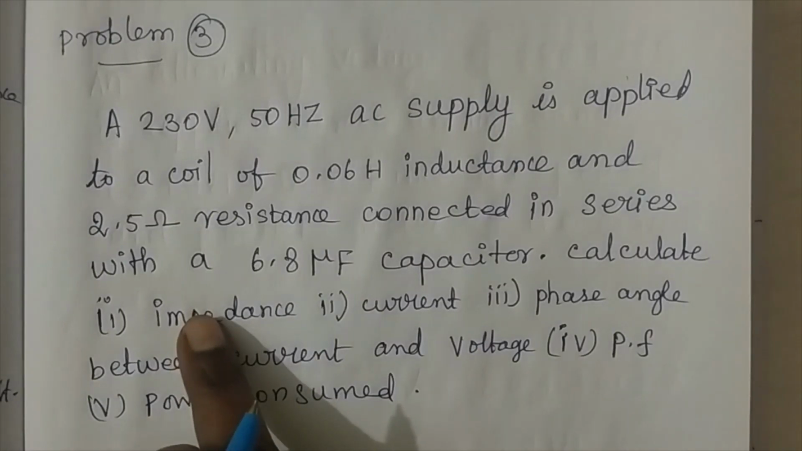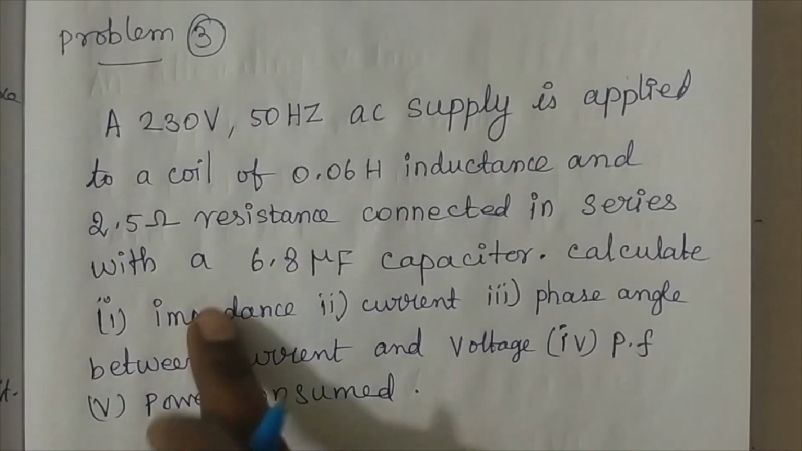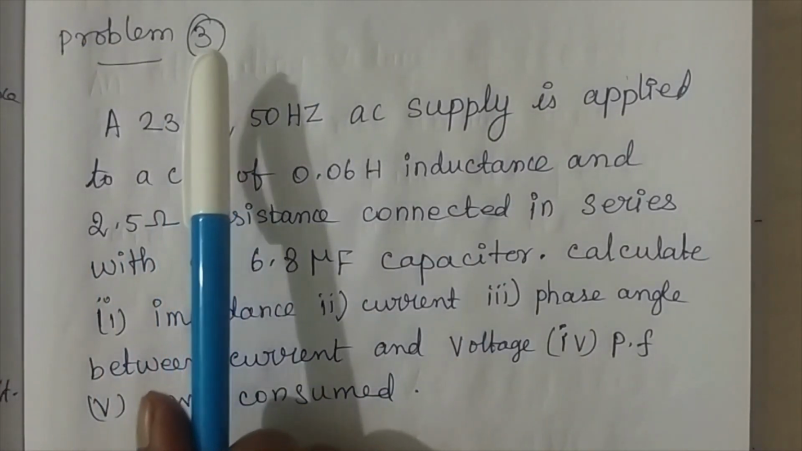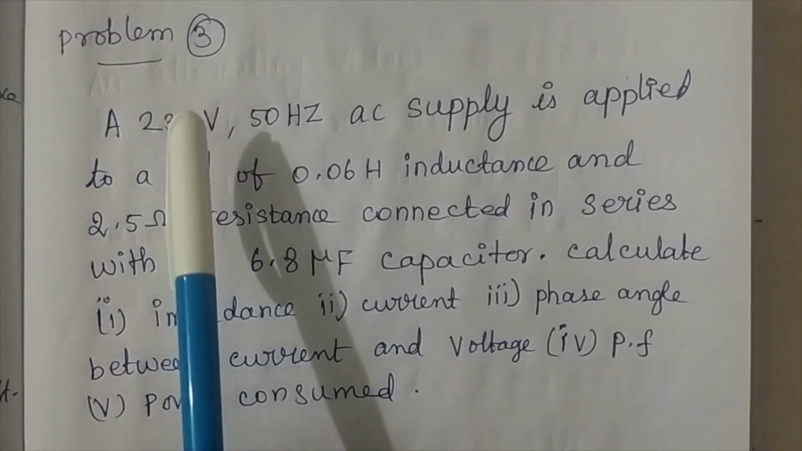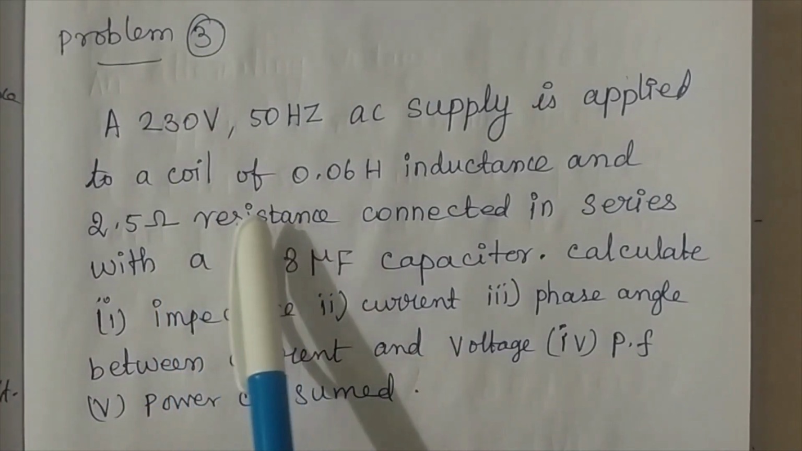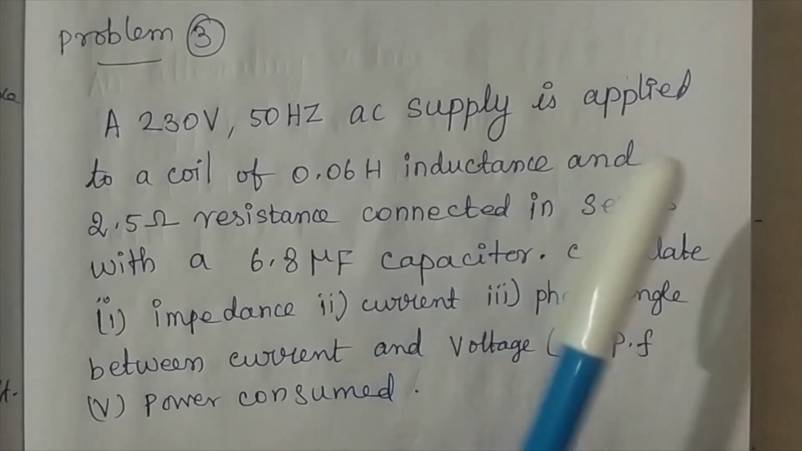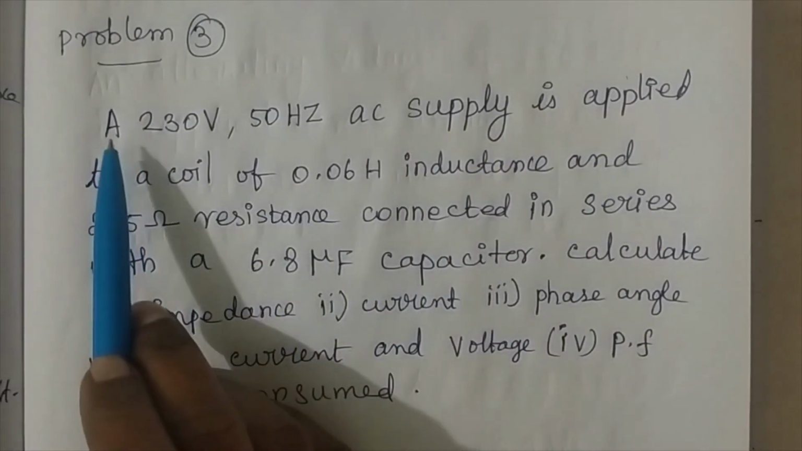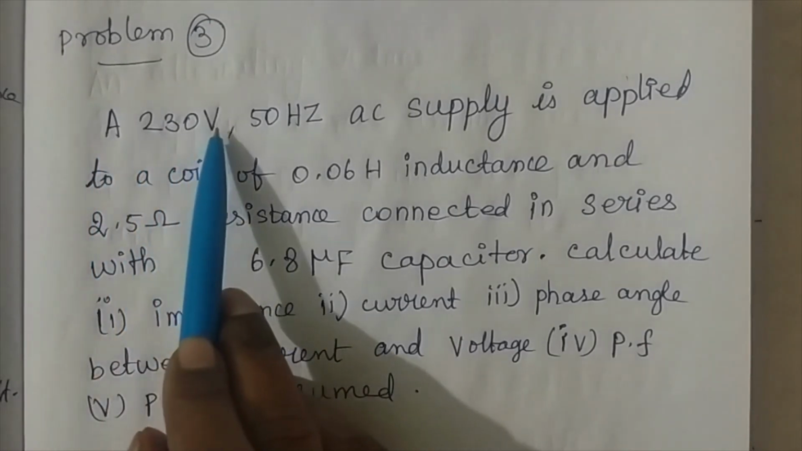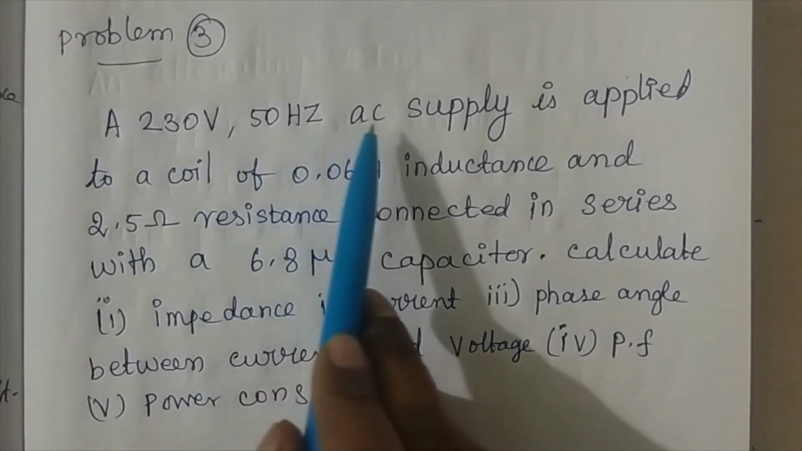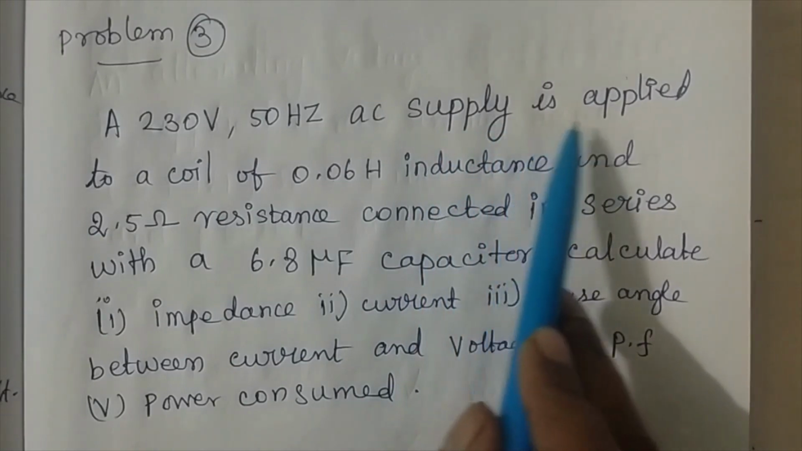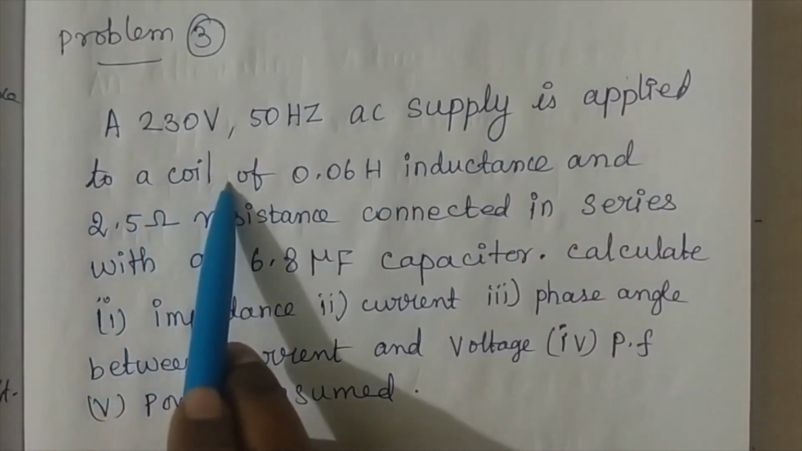Now in this tutorial session we are going to see the third problem. In the third problem we'll see a series RLC AC circuit. Okay, the question is: a 230 volt 50 hertz AC supply is applied to a coil of